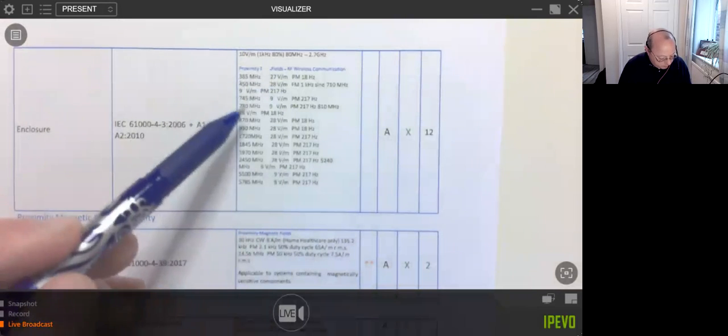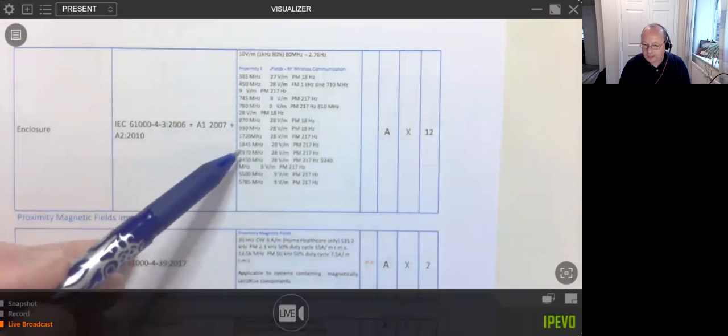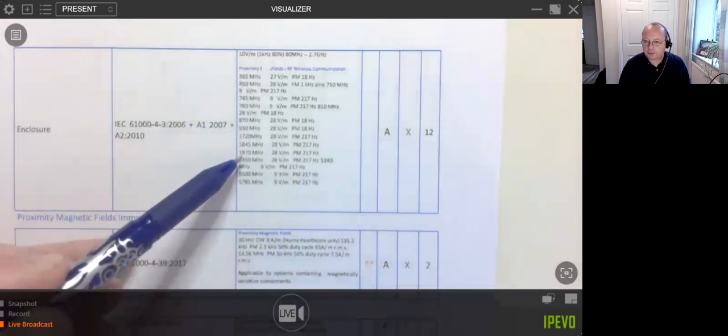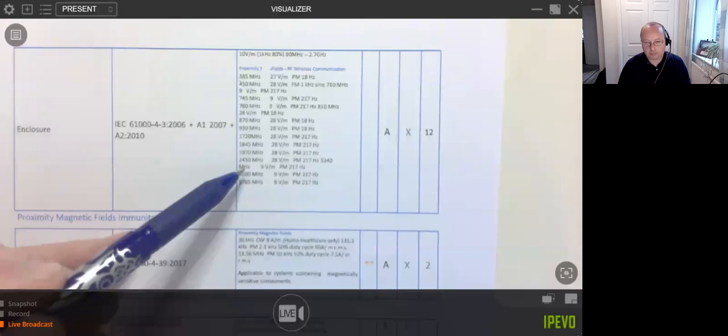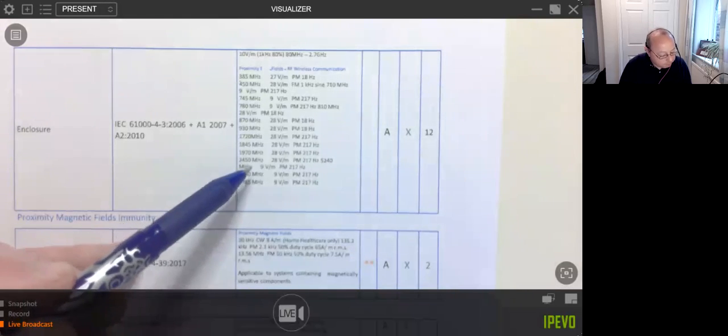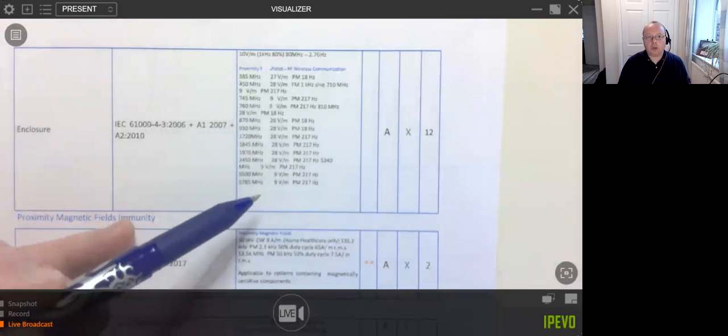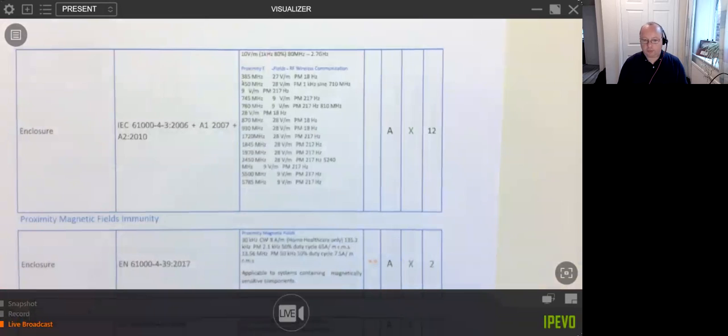I don't know how they came up with these numbers, frequencies. I guess there's bits of equipment that will output different frequencies, typically. That must be what it is. But this is what you've got to comply with. And what you're looking for is that your medical device does not adversely